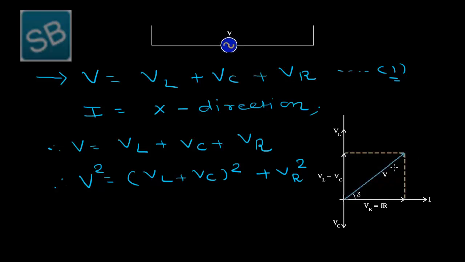V square is equal to VL plus VC whole square, or here particularly a minus sign will come because it is the potential difference, and the negative VC is added to the voltage of the inductor. So according to the Pythagoras theorem this equation comes. Now suppose the maximum value of current is Im,